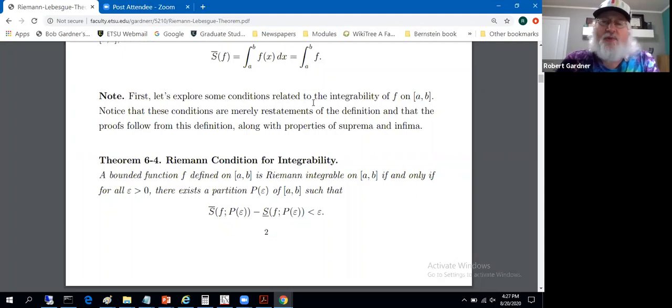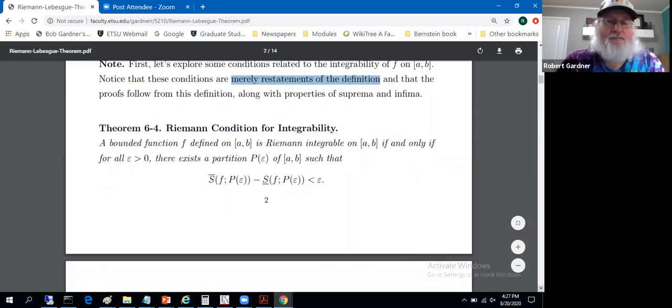First, let's explore some conditions related to the integrability of f on the interval from a to b. These conditions, they're not that impressive. They're merely restatements of the definition of Riemann integrable. The proofs will follow from the definitions along with properties of sups and infs. The first is